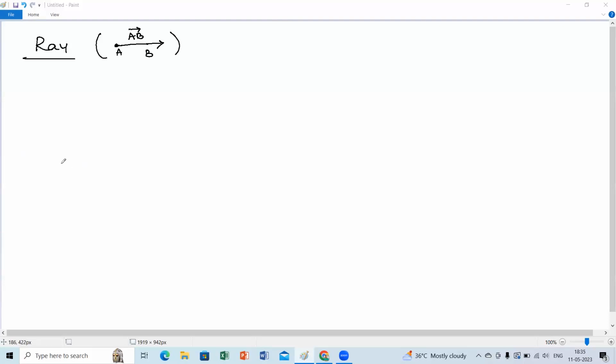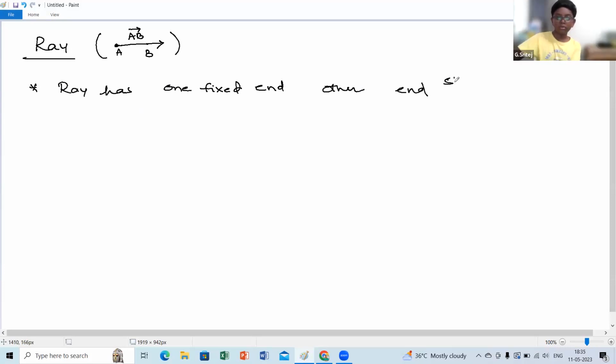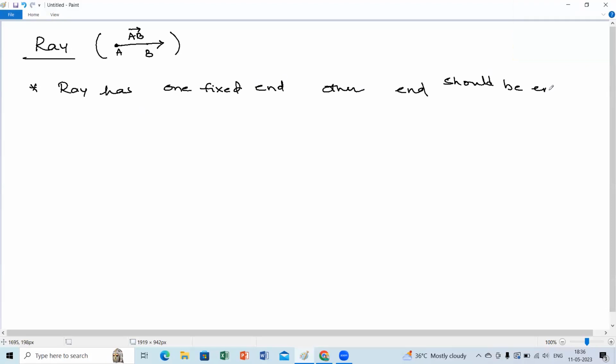Please complete the ray points, children. Ray has one fixed end, either side, children. The other end should be endless. Ma'am, I wrote that a ray has one fixed point. Very good. Fixed end or fixed point, right, not an issue. The other end should be endless, that means we can extend it endlessly. That's all, children. It can be represented with